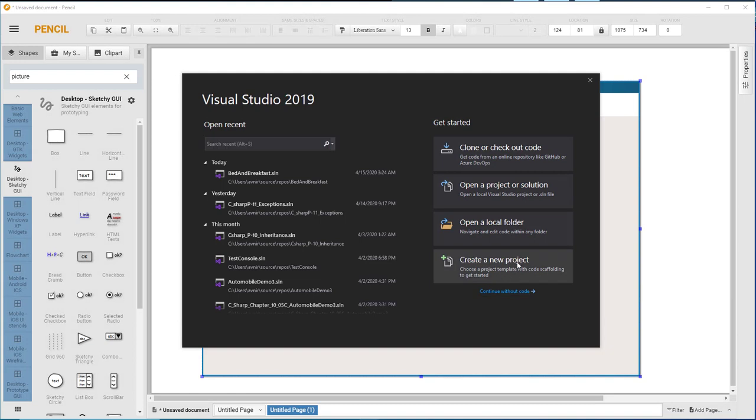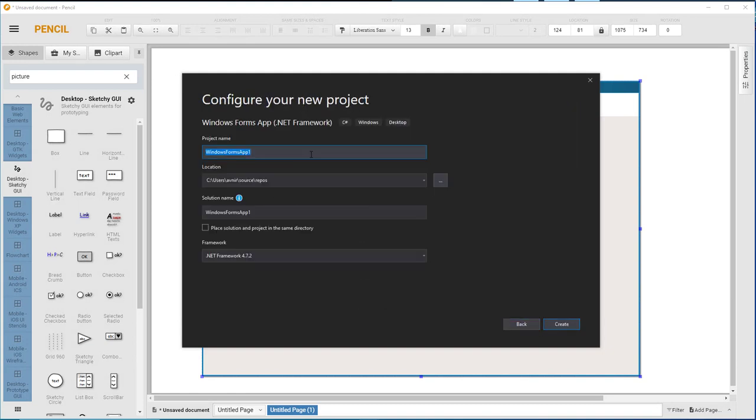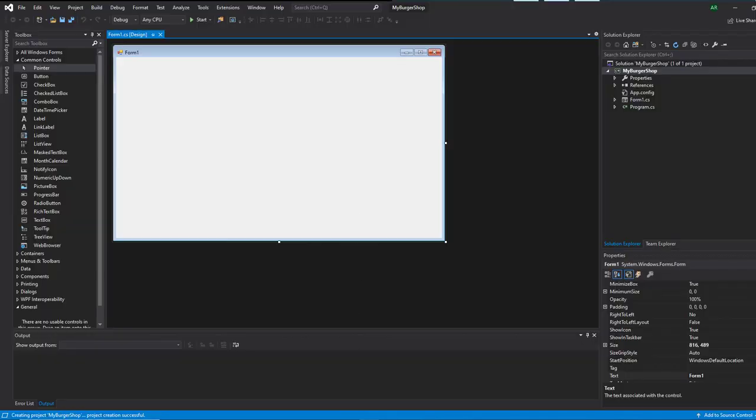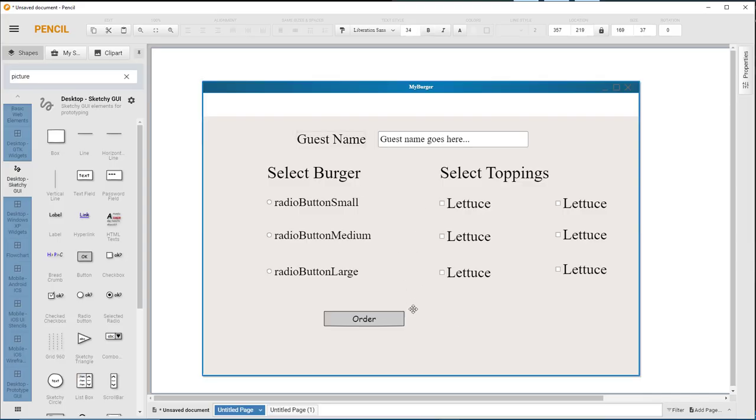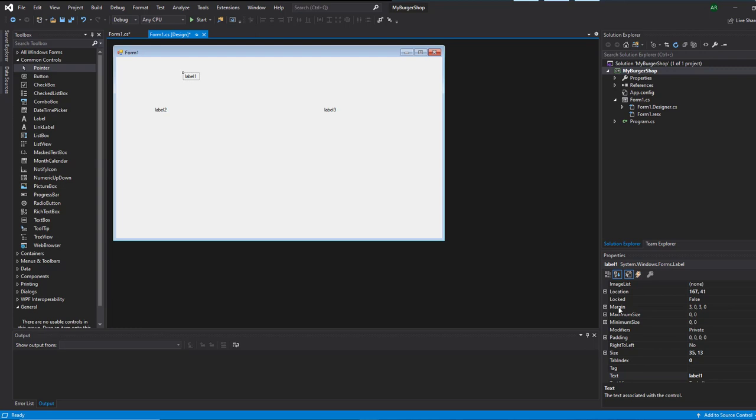You open and create a new project. We're going to use Windows Forms with C#, whatever you want to call it. Inside the burger shop, we need the guest name, which is a label. We need a couple of other labels for the title. Add some labels here. For the first label, we'll have to change some of the properties in the settings, and we change